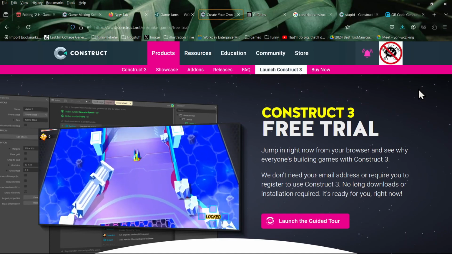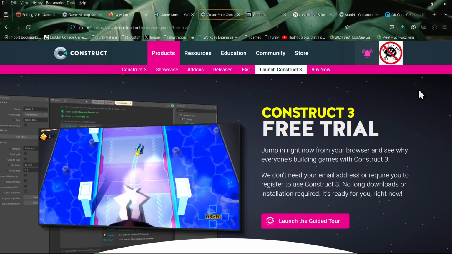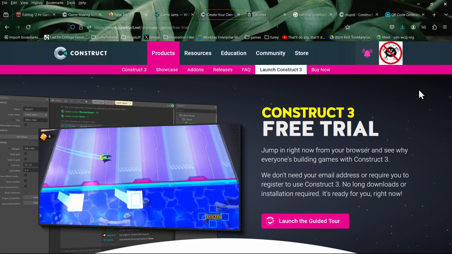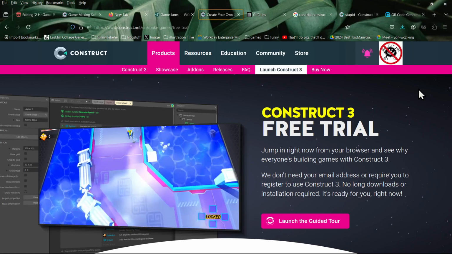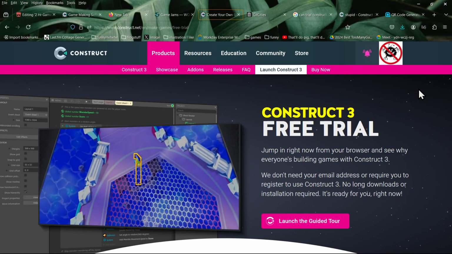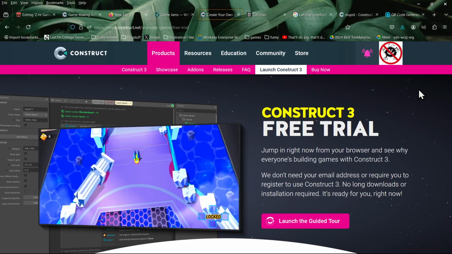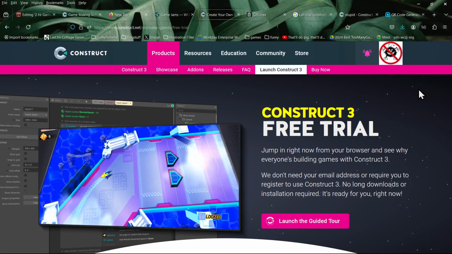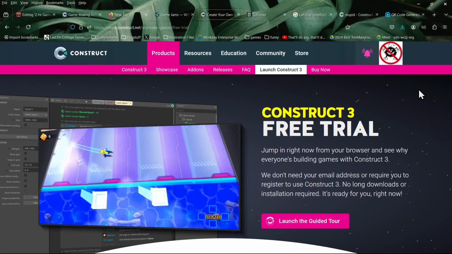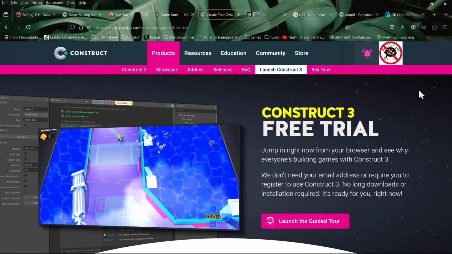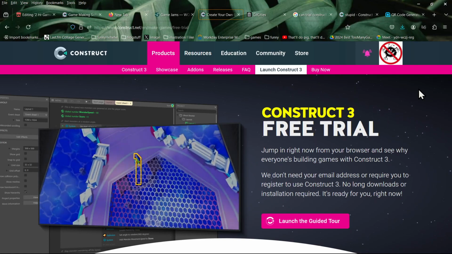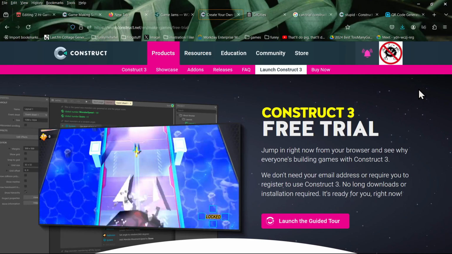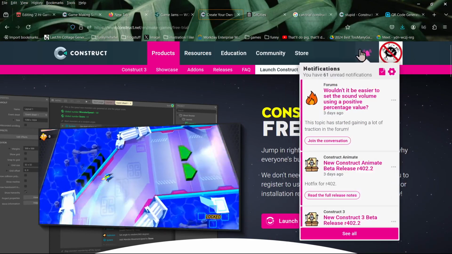It's cool, I like it, but the trial limits you to a certain amount of events. So for this game jam, let's try to use that as an extra challenge. But if you really want to pay for it and you're interested in making games with it, especially web games, I think it is worth purchasing. But I definitely don't have a license at the moment, so I'm not going to be doing that.